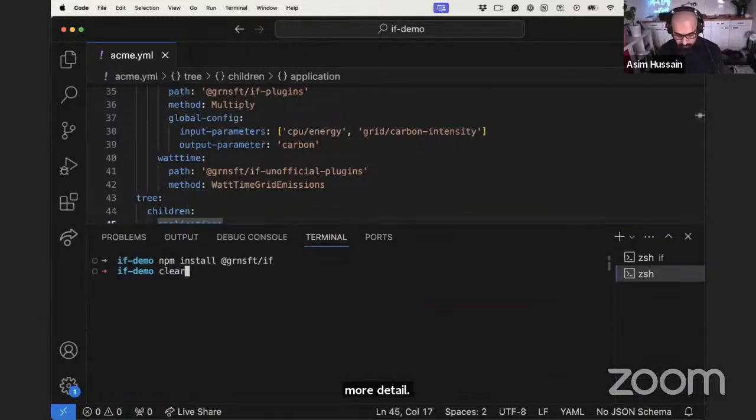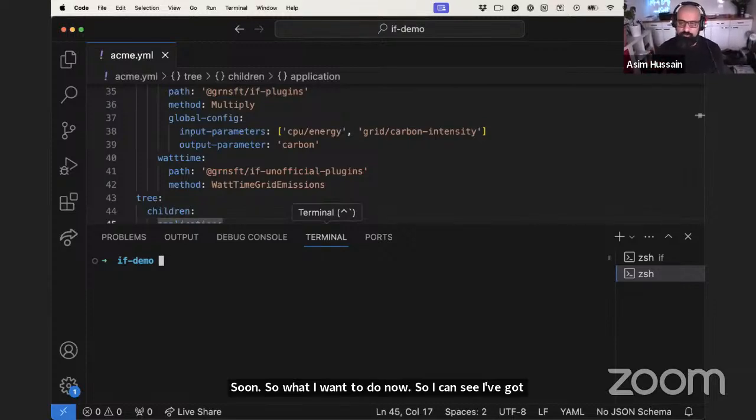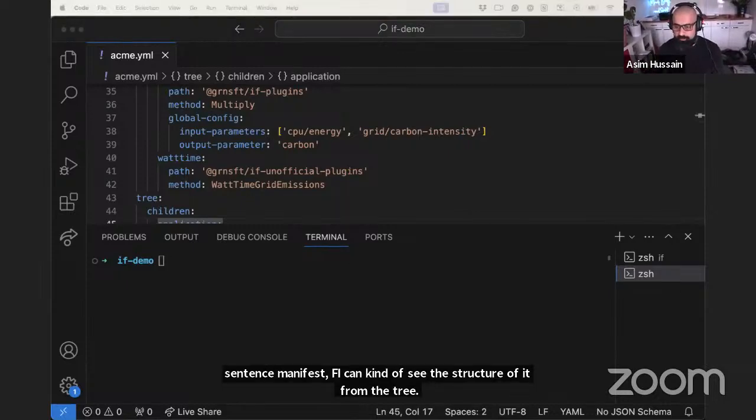So what I want to do now, so I can see I got sent this manifest file. I can kind of see the structure of it from the tree. I need to compute it. So how do you compute it? Well,